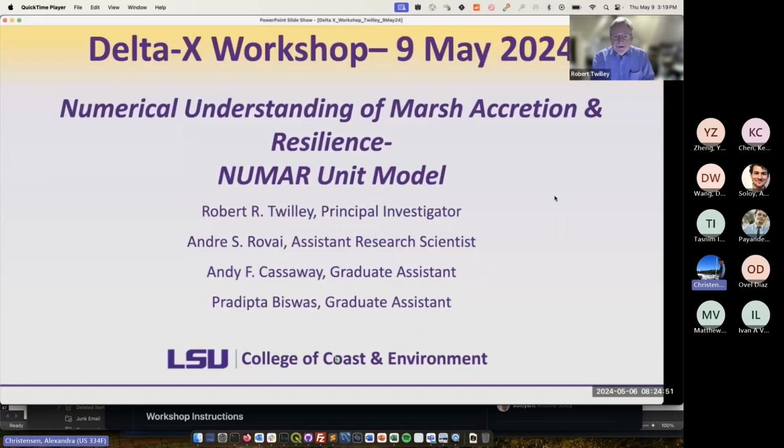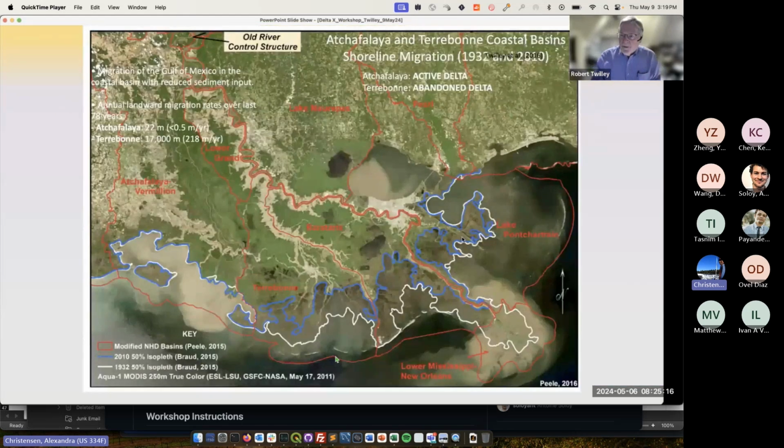Good afternoon. I'm going to give you a quick overview of the NUMAR model, Numerical Understanding of Marsh Accretion and Resilience. This is a unit model, and this is an introduction to help you understand more of the concepts related to the model simulations that you're going to run later in this portion of the workshop. So let me go right into one of the things that we really emphasized when we were